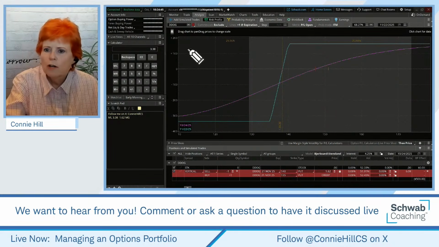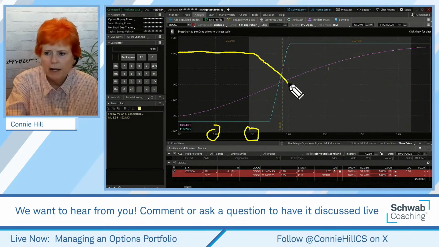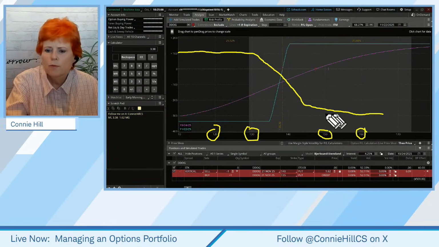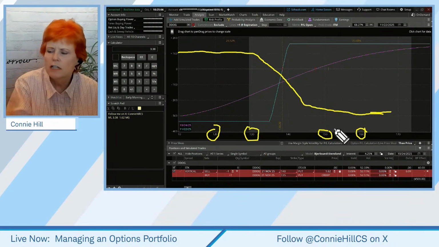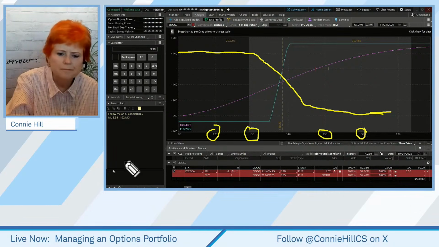Well, they might look more like something like this, where with the price of the stock going down, it's up here where we're seeing our gain, and then we might have partial. And then as the stock gains money on a bearish trade, that's when we're going to be down here getting into our max loss area. So it's just going to basically be flipped for us. And that purple line would flip as well.